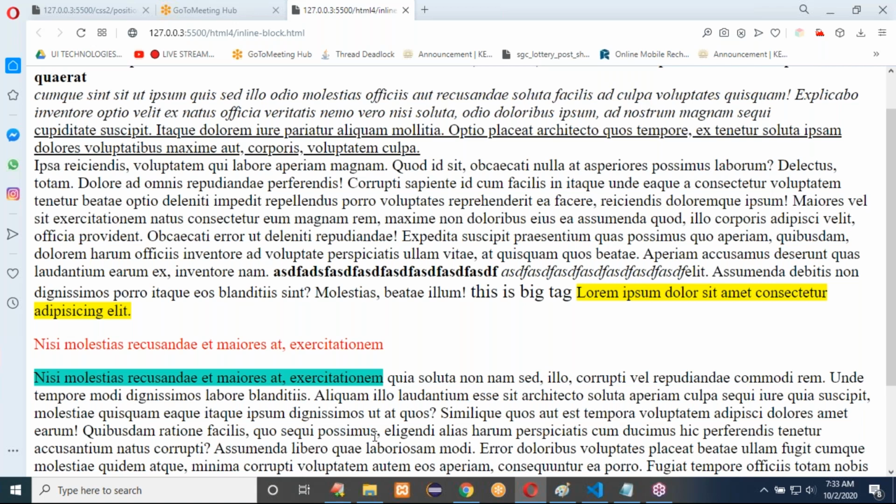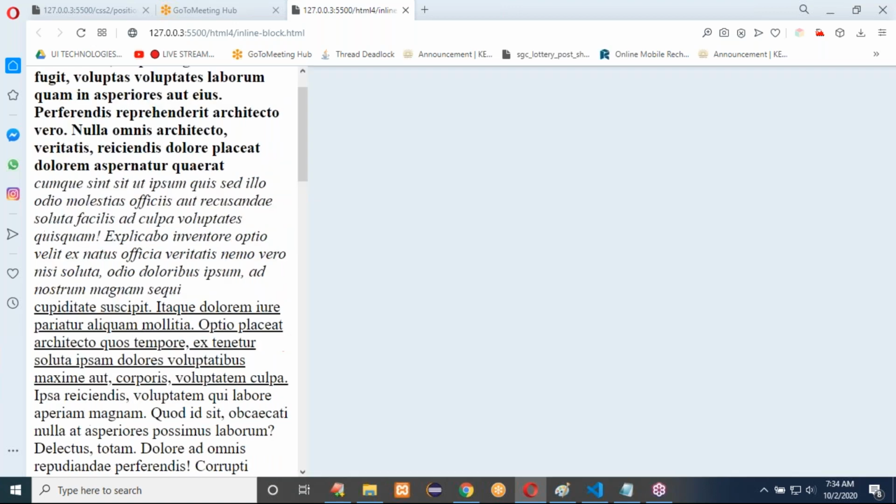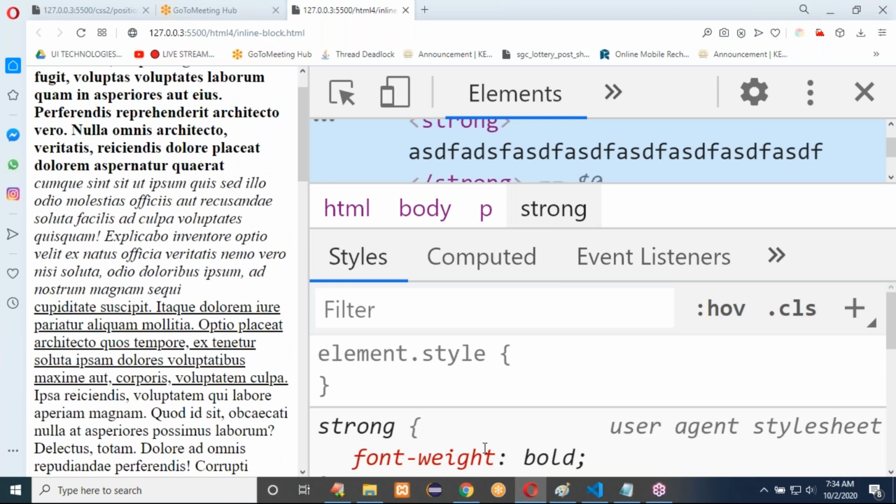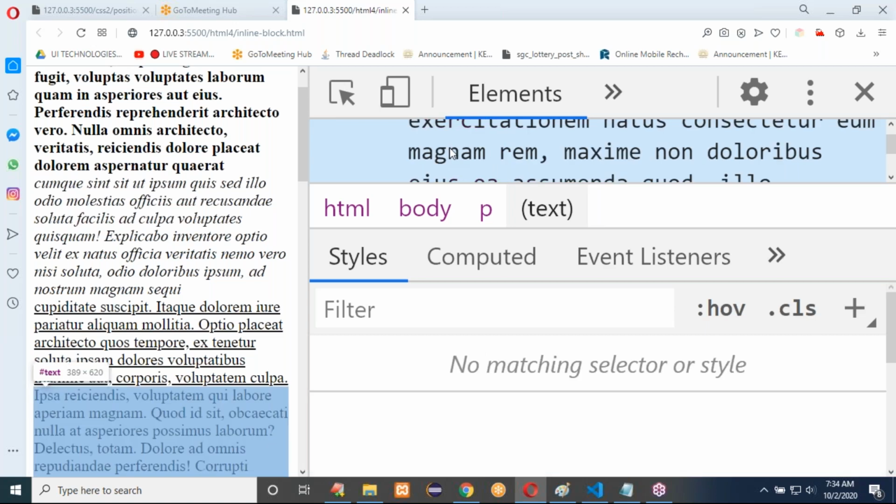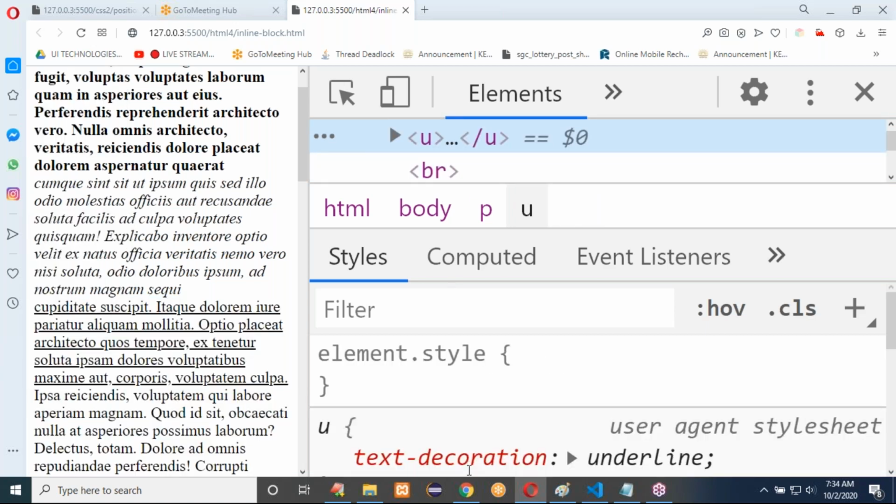And the CSS property we can use over bold, italic, on everything, no? Yes. If I inspect it, you can see bold, bigger, italic, font weight, something it is showing. All are CSS properties. See, font weight bold is because of the strong tag. Because of the underline, it will show you a different one. Because of the U tag, it shows text decoration underline. These are all CSS properties. If I write that tag, it is applying the CSS property internally.